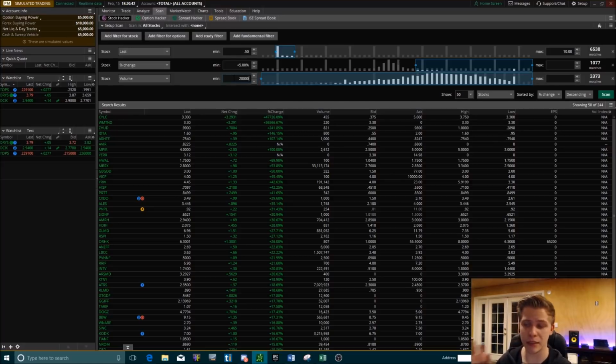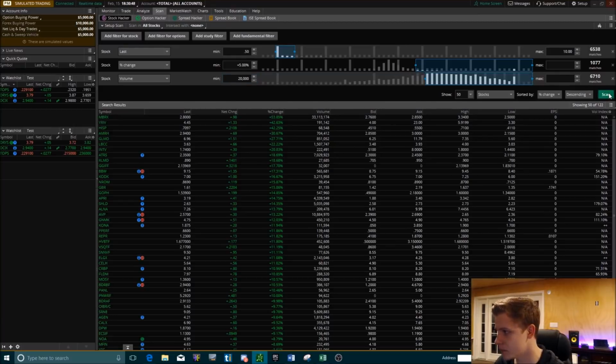But keep in mind, this is only if you're scanning in pre-market. And then maximum volume, there's no maximum, doesn't matter. And you see that already narrowed it down to 122. But keep in mind, I am doing this scan in after hours. That means that the whole market has been done. Everything's been traded. So if you did this scan in pre-market, you would have a lot fewer stocks to